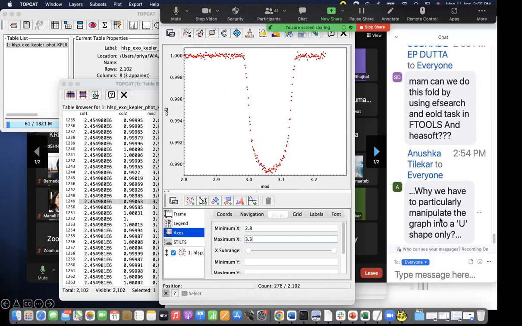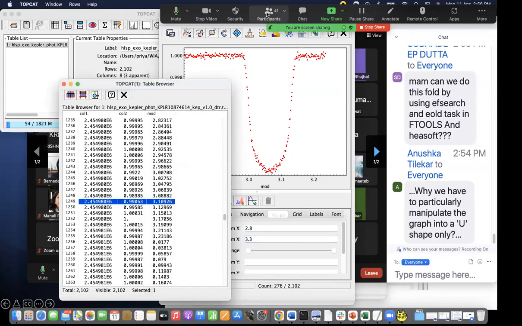So your U shape is like this, and I think I showed you in the beginning, Anushka, there are slightly different shapes, in the sense your U can be deeper or shallower, but it will be a U. You can get maybe a hump over here or something like that. That could be, supposing you have 2 planets which are causing the dip, you can have more features which come over here. But at present, since it's a single planet in front of a single star, it's just a U. We will only have a U. Okay. So now what we have done is, by doing this,